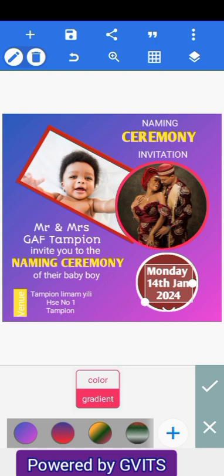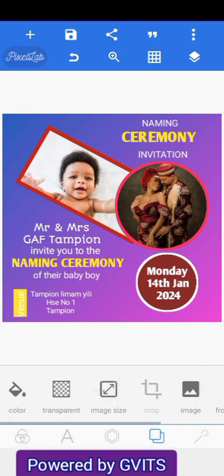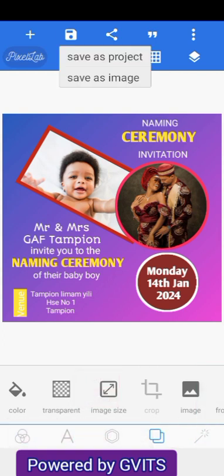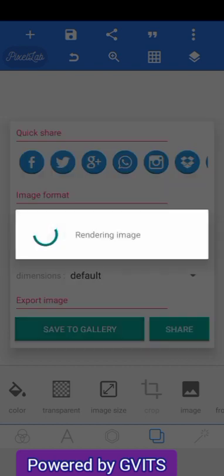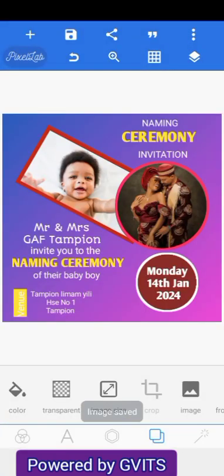Good. So this is a very simple outdooring card we just designed. So let's save our work. You can save it as a project, so in the near future, if somebody wants a naming ceremony card, you don't need to go through this stress. But I want to save it as an image, so I'll press on save. Then I'll leave every setting that